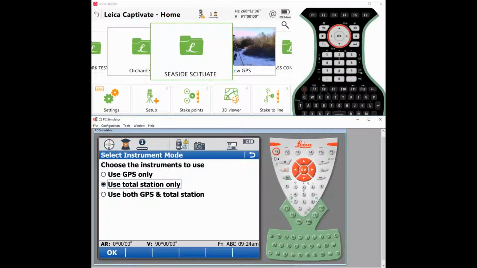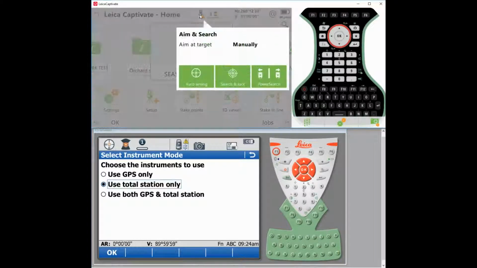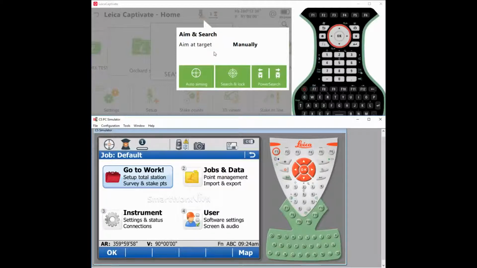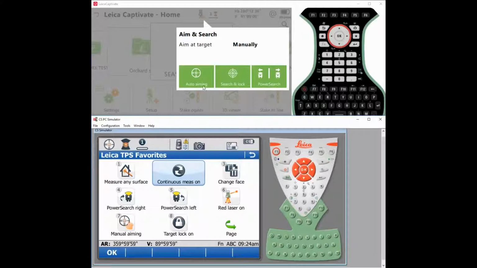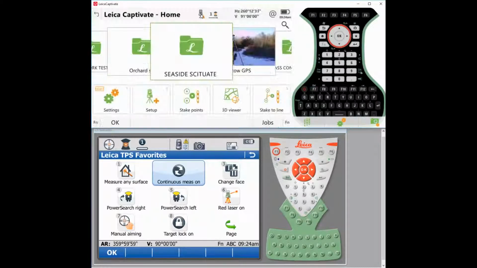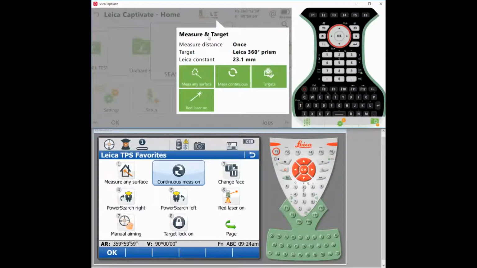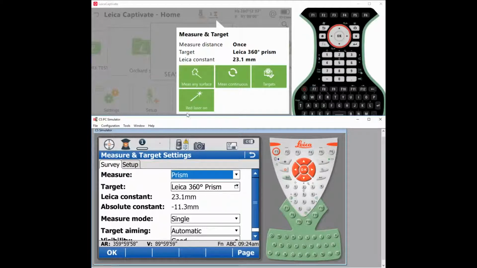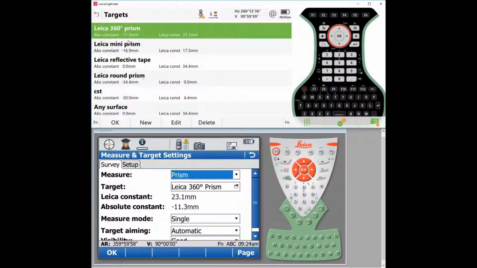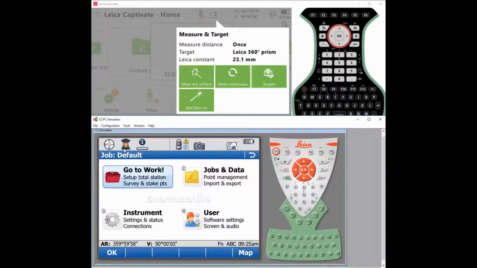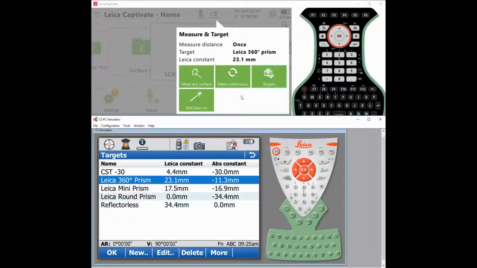So as I showed you, if you pick the icon, that is now changed. Now what I see here under the icon is relatively the same thing as picking this. Or some things like auto aiming, I can change between manual aiming and auto aiming, search and lock, power search left and right. So some of the icons that you're familiar with here by clicking this are under the little instrument icon here. If I pick the prism, that's the same thing as picking this one to a certain point, because I can go to targets. I can pick my targets here, like 360, the prism, reflectorless, so I can change them here as well. So this is also combined with, if I pick this icon, here's your prisms, or your targets,